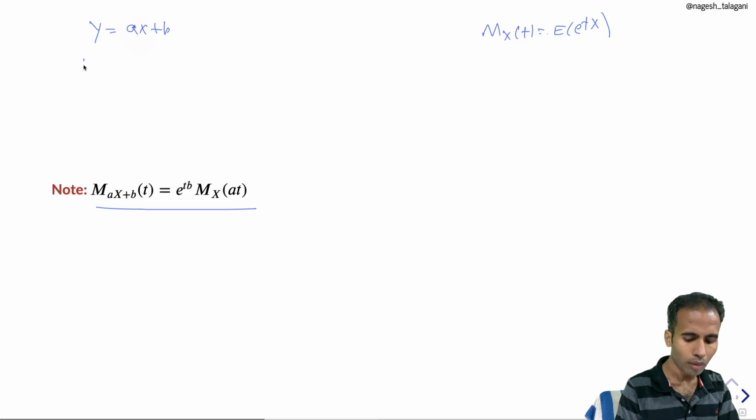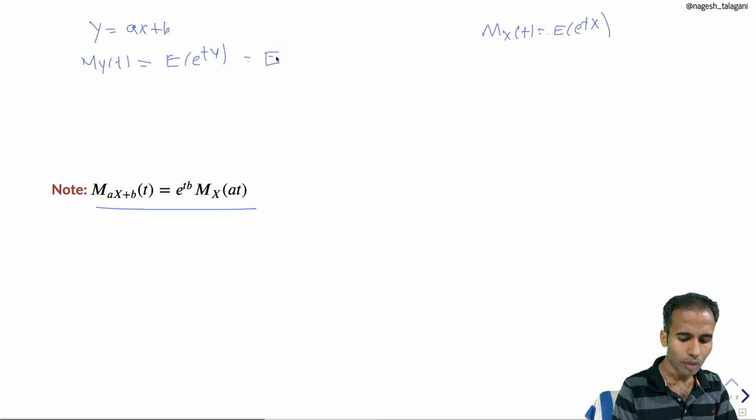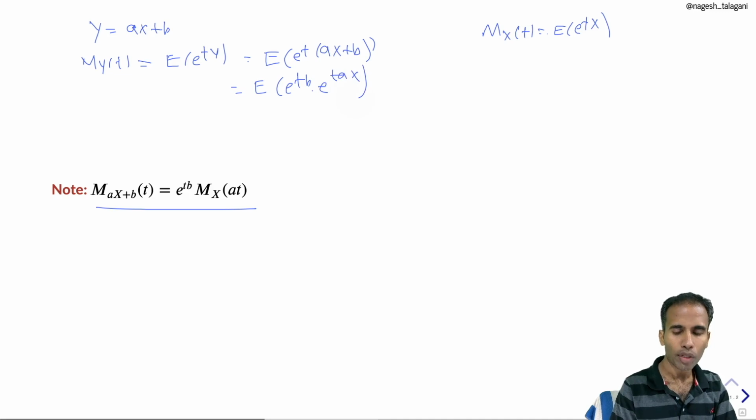Now the MGF of y at t by definition is the expectation of e power ty, right? So what is y here? Ax plus b. So this one we can write as e power tb times e power tax. e power tb is a constant, so we can write it outside of the expectation: